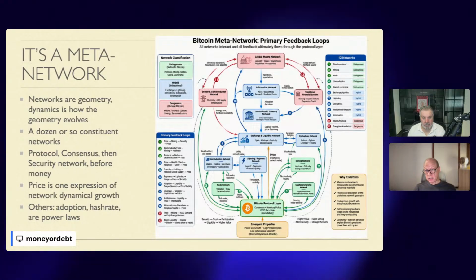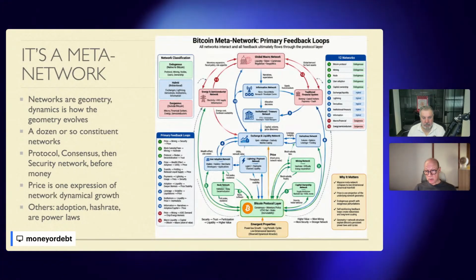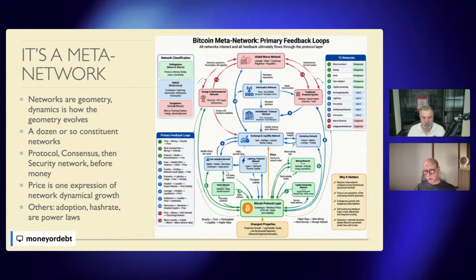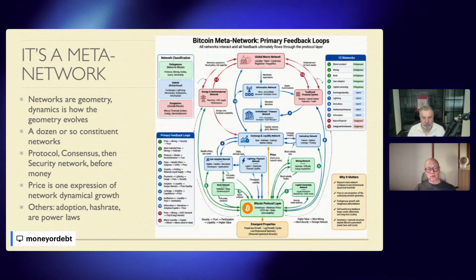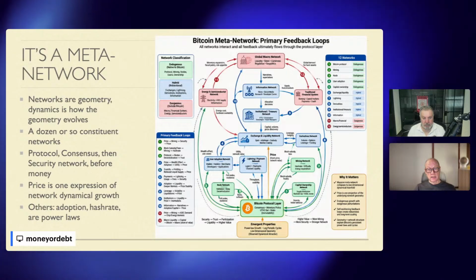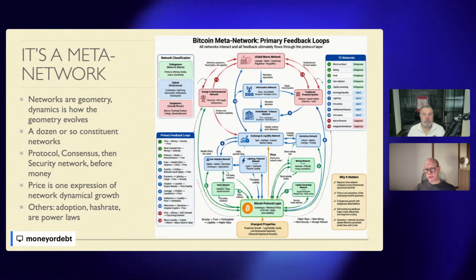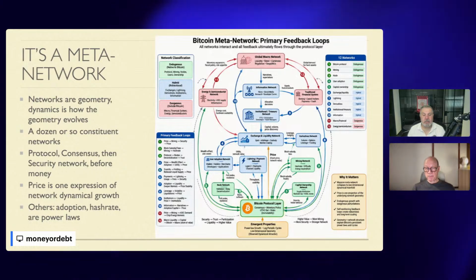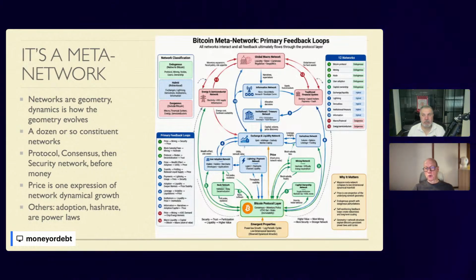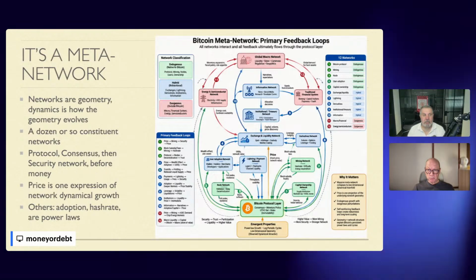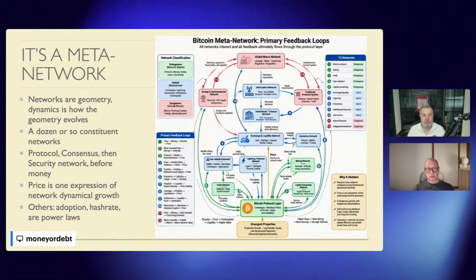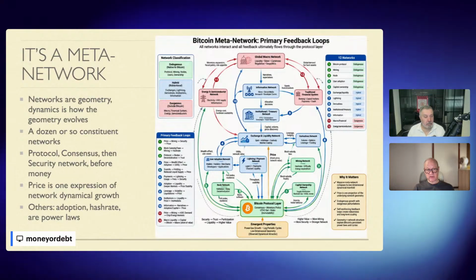We saw hashing, we saw hash rate rise. Difficulty was slow to rise, but it did start to rise before the end of the first year. And of course, we saw adoption start to get onto this power law curve that's roughly a cube of age. But price really did not get expressed until we had the first exchange 1.5 years in.